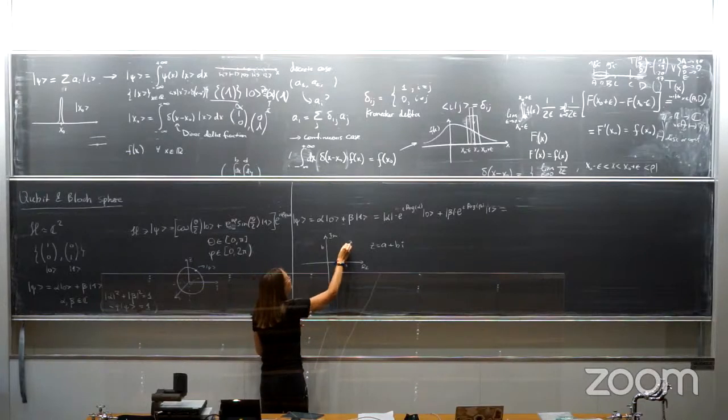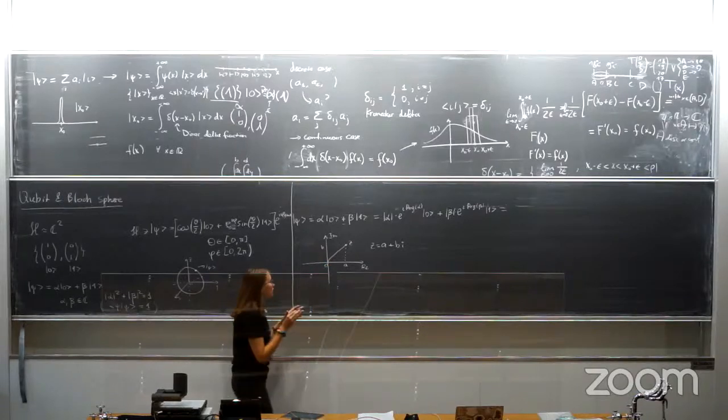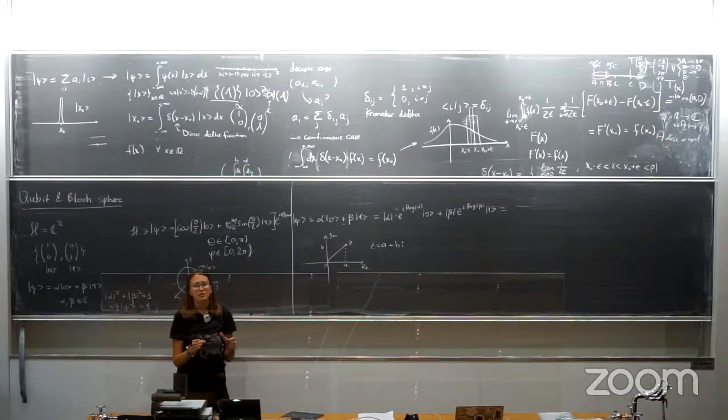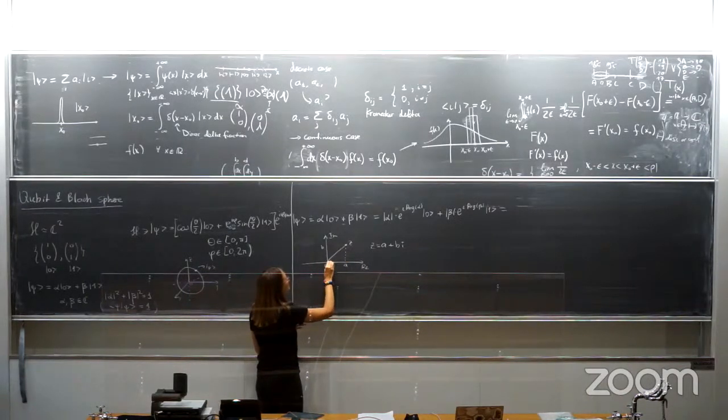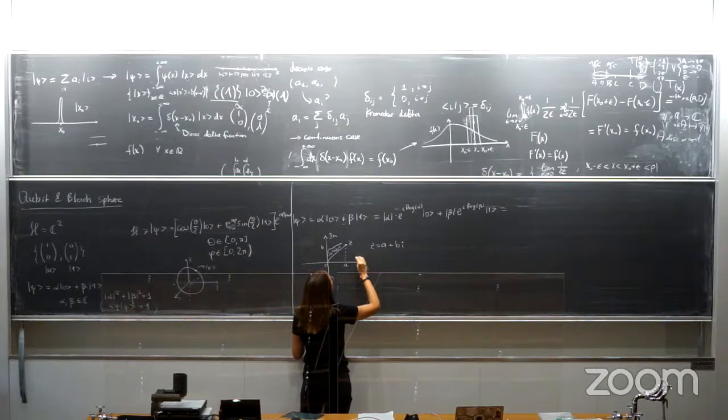We can also see Z represented in polar coordinates in the 2D plane, which means that what we need is the distance from Z to the origin, which happens to be the square root of A squared plus B squared, which is basically the modulus of Z,